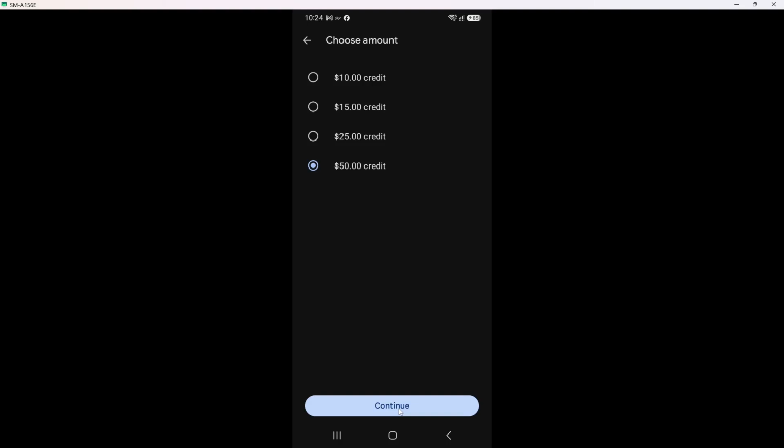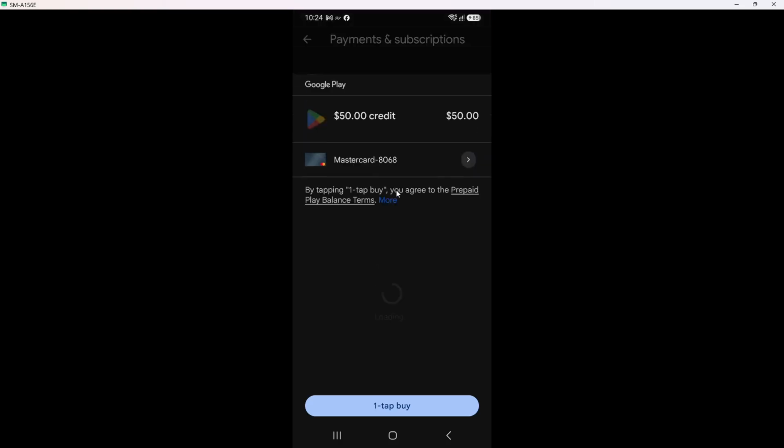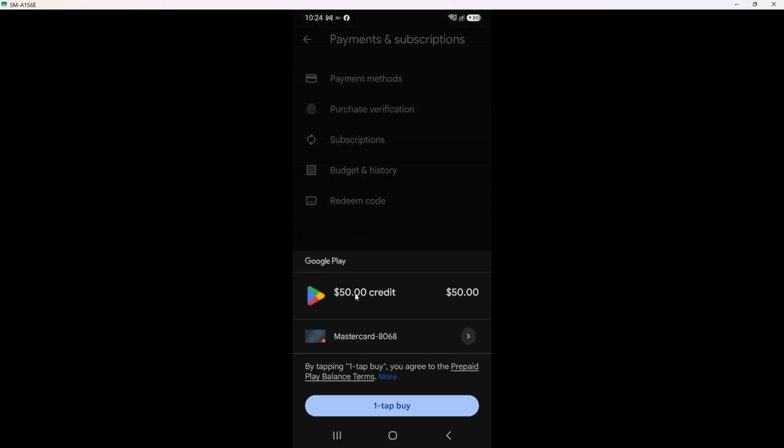After selecting the amount, choose your preferred payment method from the options displayed. This could be a linked credit card, debit card, or another payment service. Ensure that the selected method is accurate and has sufficient funds to cover the purchase. This step is essential as it directly affects the success of your transaction. You want to ensure everything is correct to avoid any issues during the payment process.